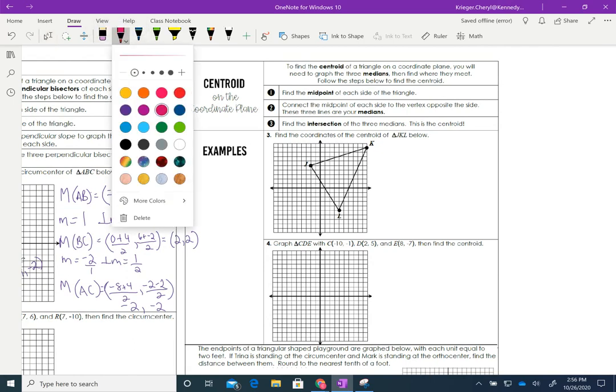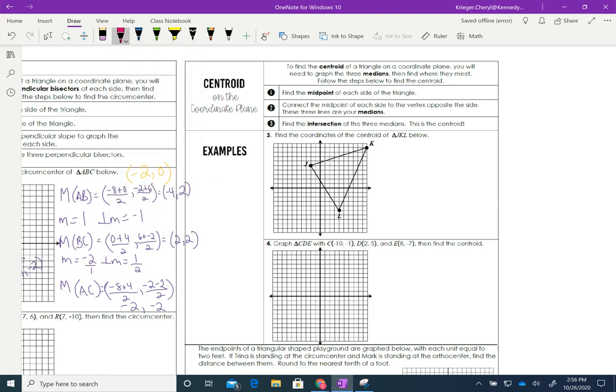Okay, so to find the centroid, you need to graph 3 medians. So don't forget what a median is. It connects the midpoint to the vertex. So this actually, centroid is less work. So centroid is where the midpoint of each side meets the vertex of the opposite, the angle opposite. Okay, so